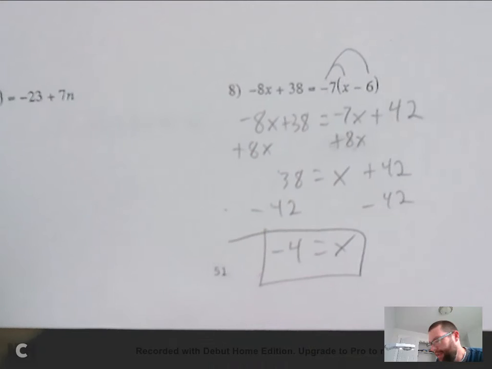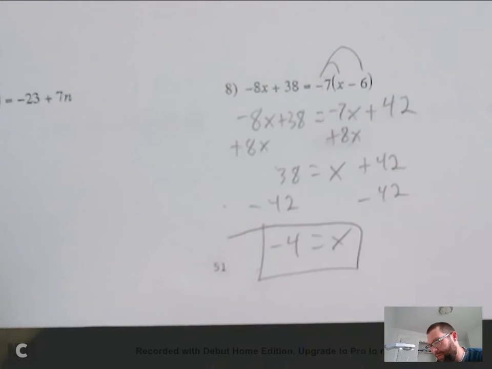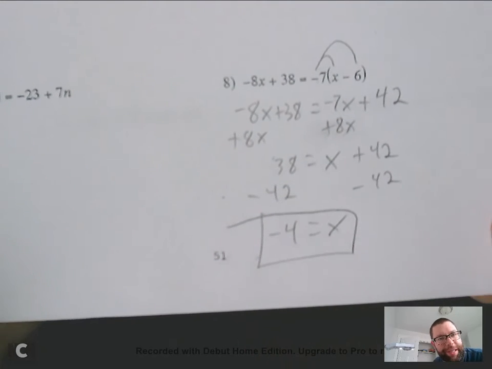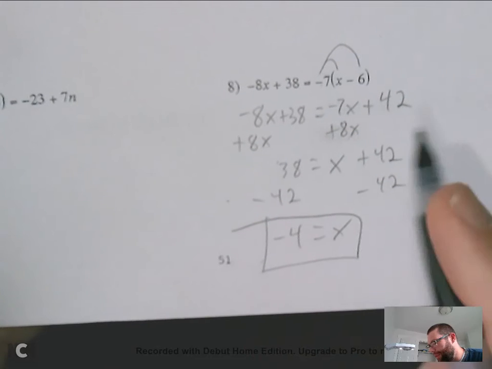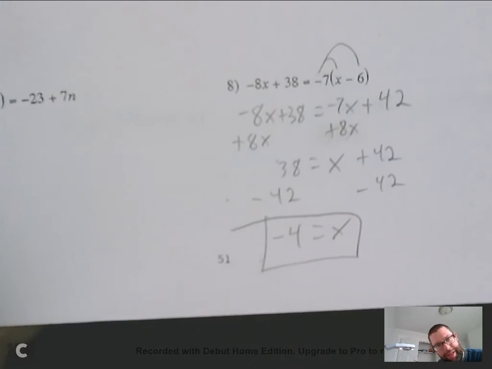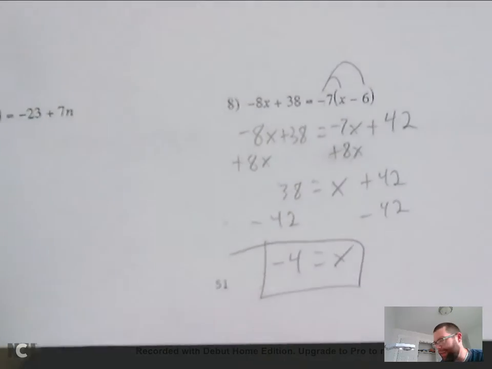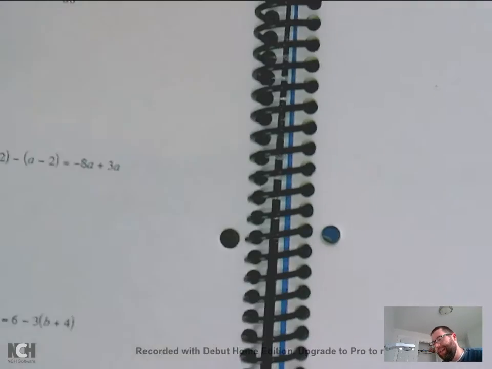Not too bad, right? Not too tough. Really just distribute it and move the variable. One-step equation. Not as difficult as it looks. I mean, it looks like it's a lot, right? But it gets smaller very, very quickly. Let's look at some more